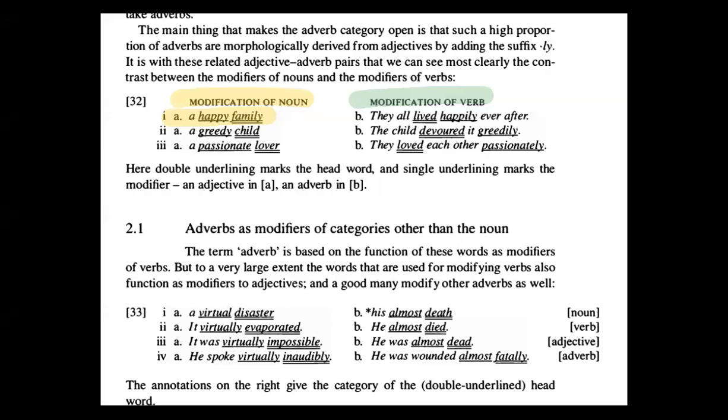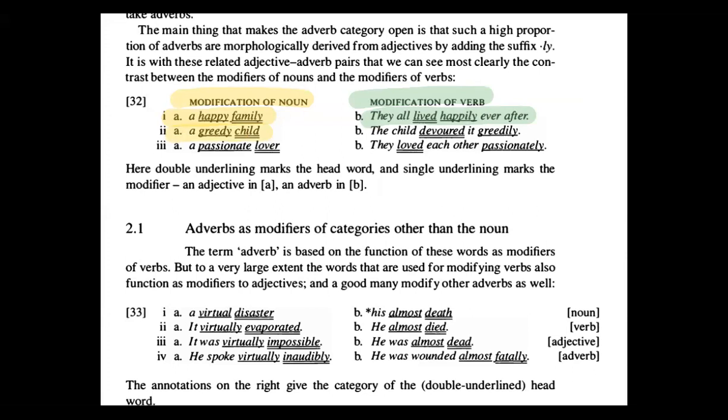But for example, on the second column, happy, we mentioned that this is an adjective. While on the second column, they all lived happily ever after. So happily here is modifying the verb live. So here, happy becomes happily. The second example, a greedy child. A greedy child يعني الطفل